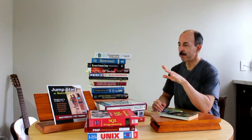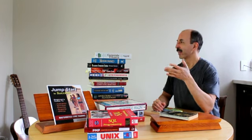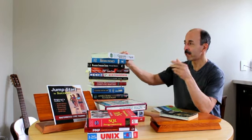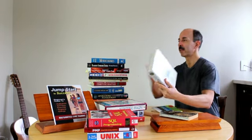You know, I always said that books can be our best friends or our worst enemy. It all depends how we read books. For instance, here we have some of the books that I had to read over the many years of study: engineering, computer science, management, let's say corporate finance,